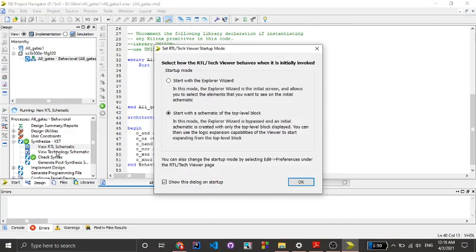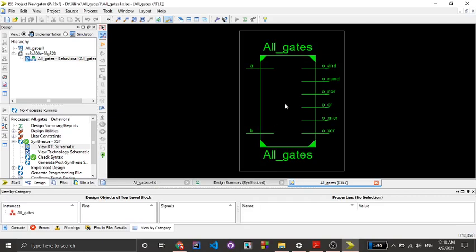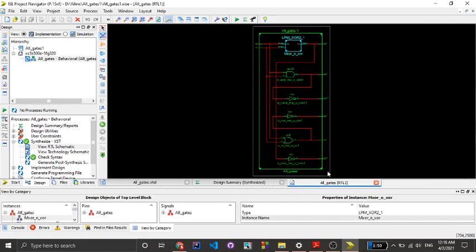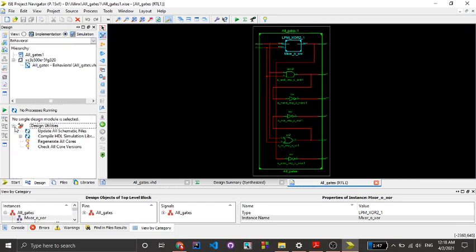To view your diagram, you can click on this and click on the schematic button. So this is the internal circuit of the device which you have created. So for getting your output in the form of graph, select this all gate and then expand it and then click on this behavior check syntax. Wait for a second and then after that click on this simulate behavior model.